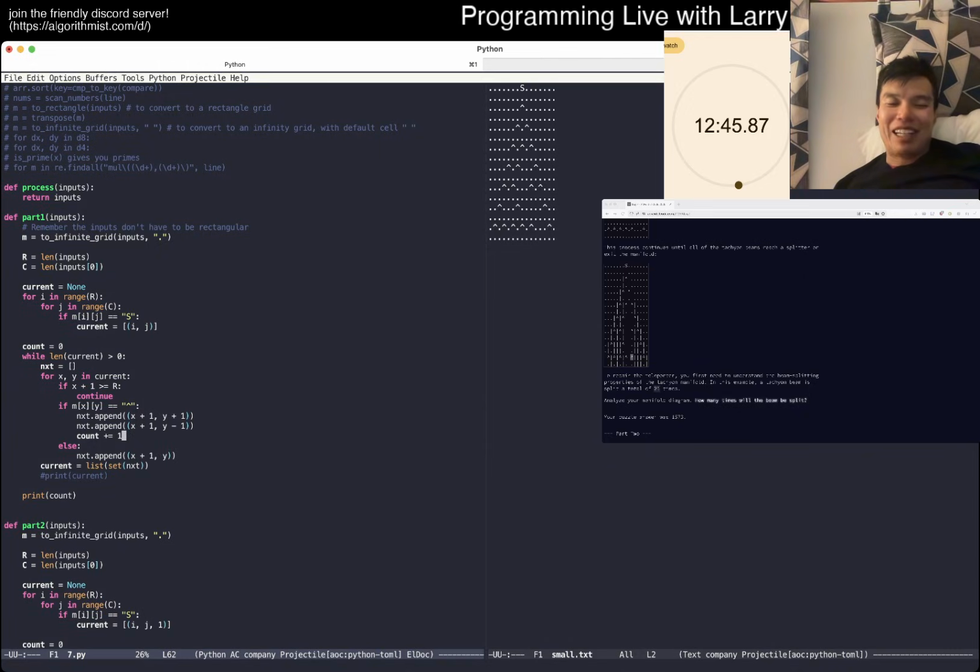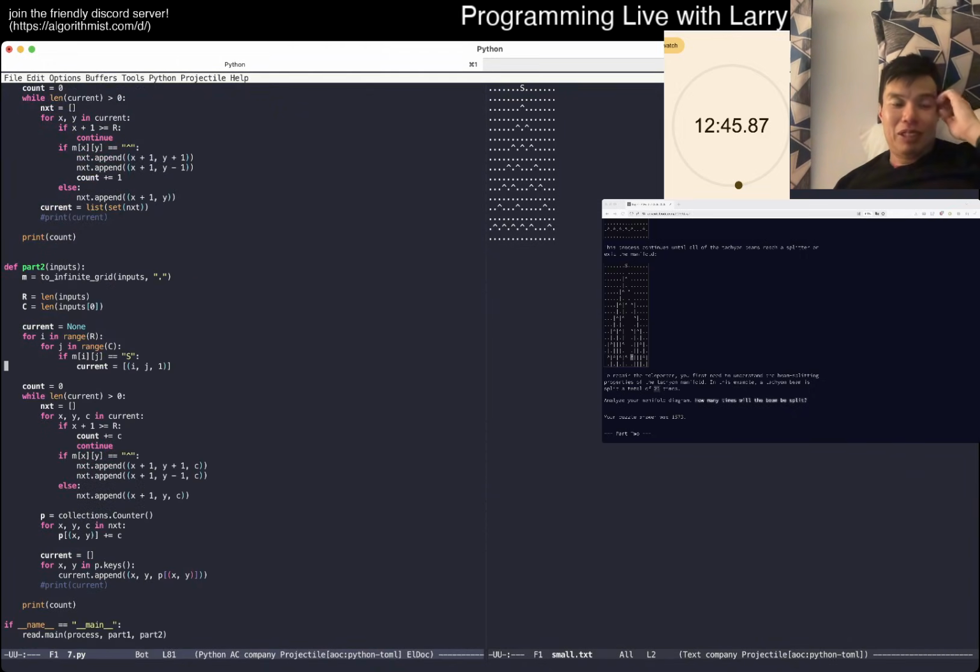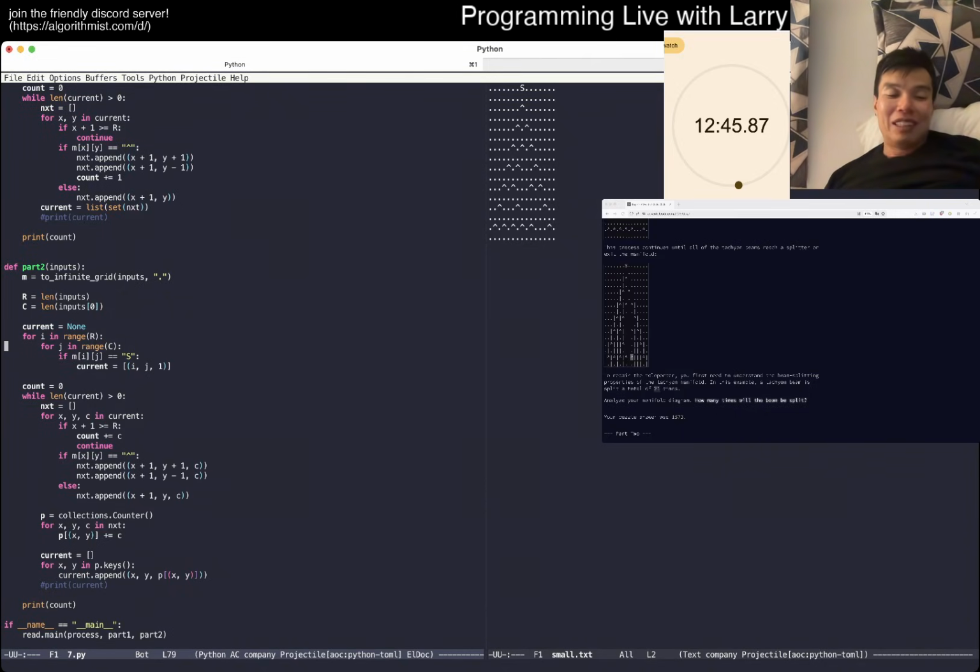The annoying thing is that I left the count in here for part two, even though I got that one pretty quickly. I don't know, maybe I did, maybe I didn't, but I got it relatively annoyingly. But I think I was actually happy about it. I'm proud that I mostly kept what I did in part one, right? I just add in the count,